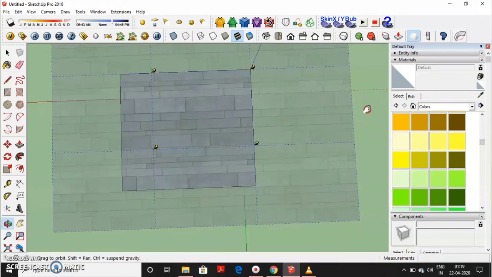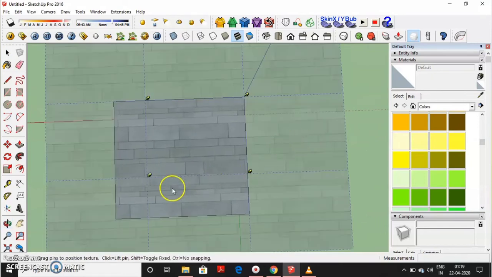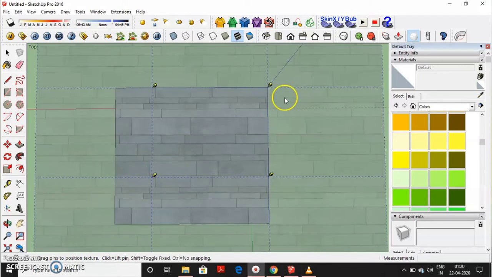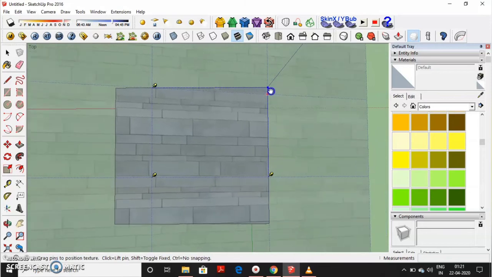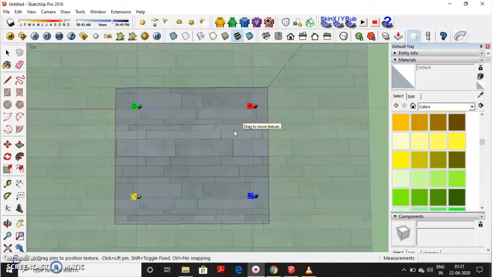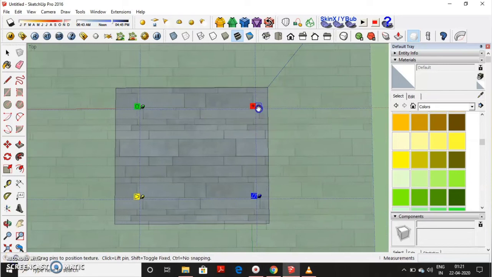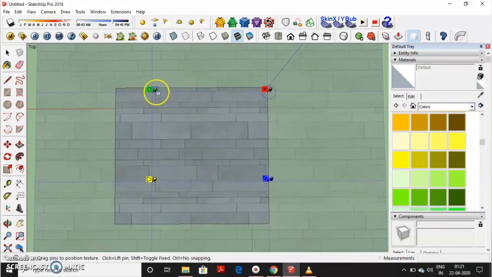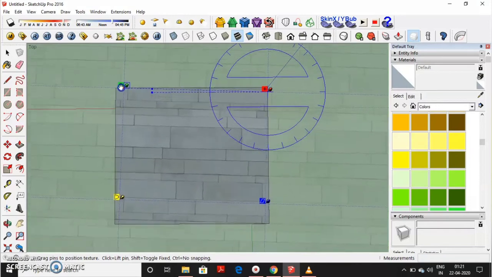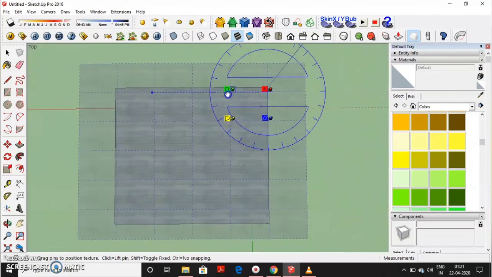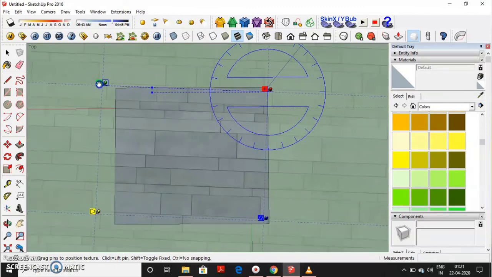So these 4 pins will come. Using this red pin, I can reposition my texture. Using this green pin, I can enlarge or make my texture small.